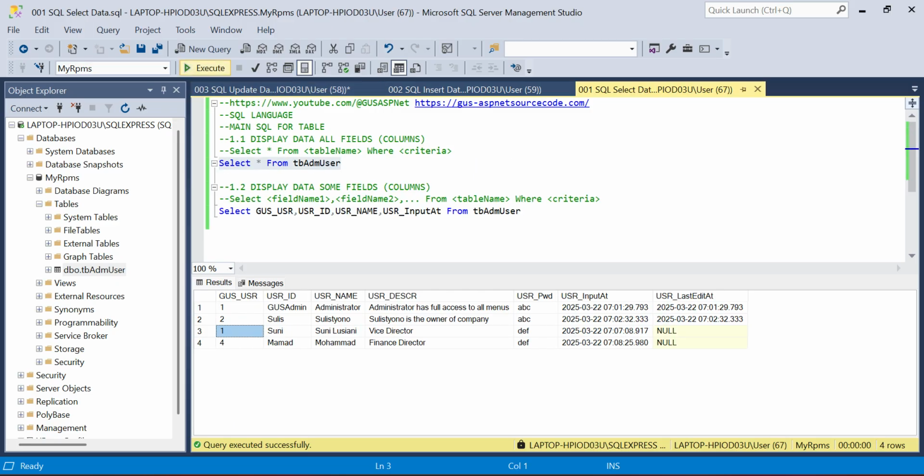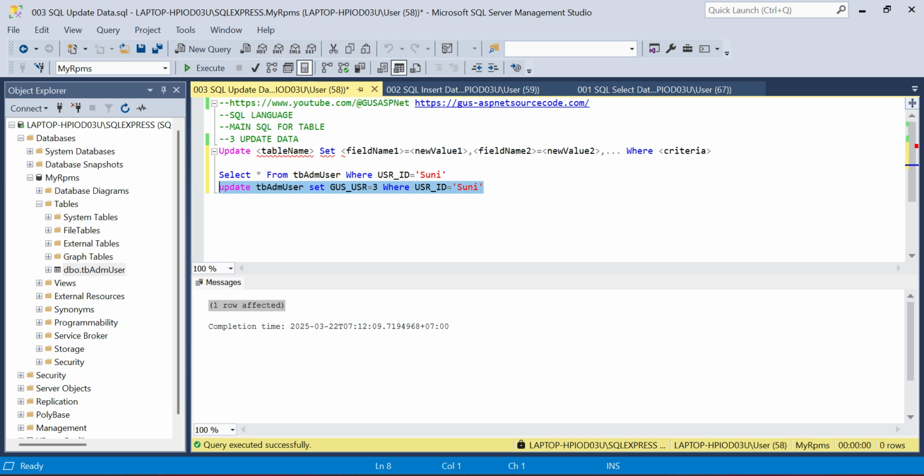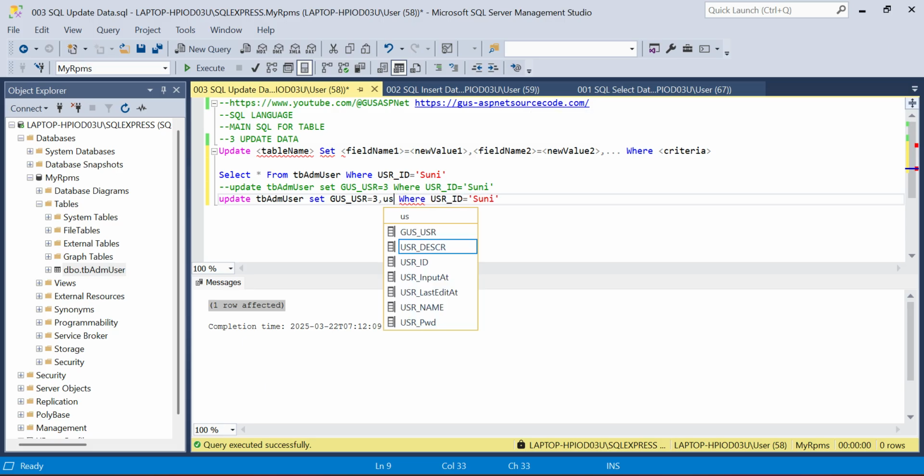Now let's check the data. You see, now the value of Gus USR is already 3. Okay, let's check again. Now, what if I want to edit more than one column, more than one field? For example, I want to change the value of Gus USR and also I want to change the password. Give it a comma, USR password, and to become, for example, I want to give it the new value